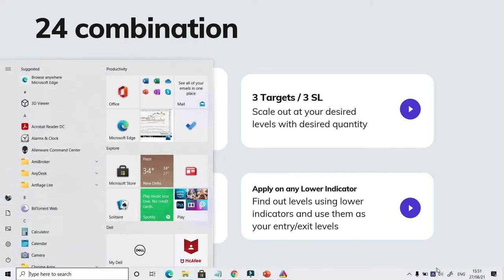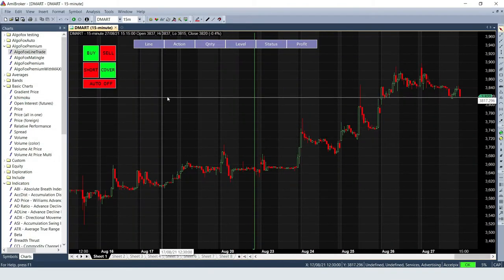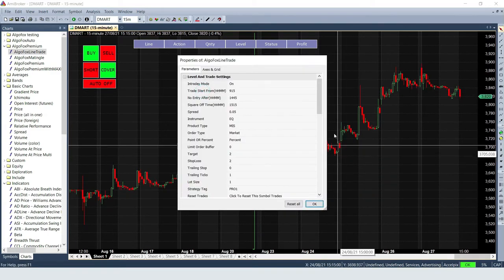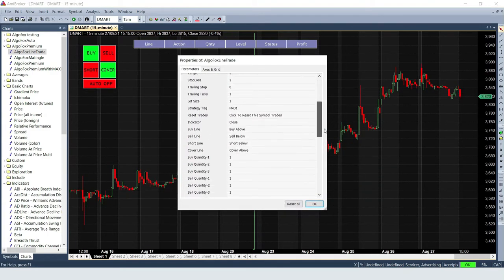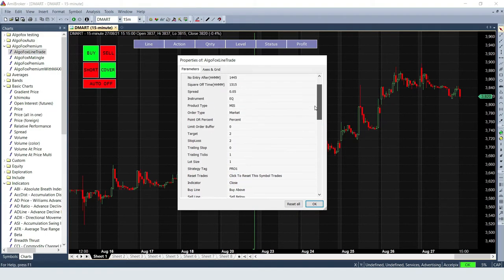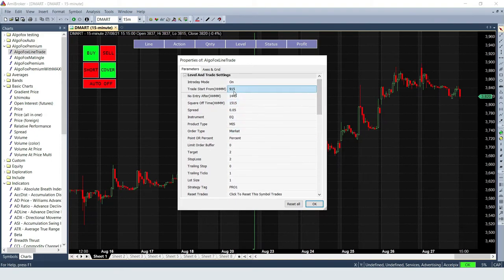Apart from this, there are other benefits as well. For example, in the line AFL, we have also set intraday mode on. For example, you take an entry at a specific price and the levels are not reached, you can decide at what time you want to take an intraday exit. So for example, you did a square off at 15:15, that means at 3:15 sharp, irrespective of whether your levels are achieved or not, your entries will be automatically squared off. And if you decide no entry at a specific time, then that means after 2:45, in my case here, even if certain levels are reached, the entries will be ignored.